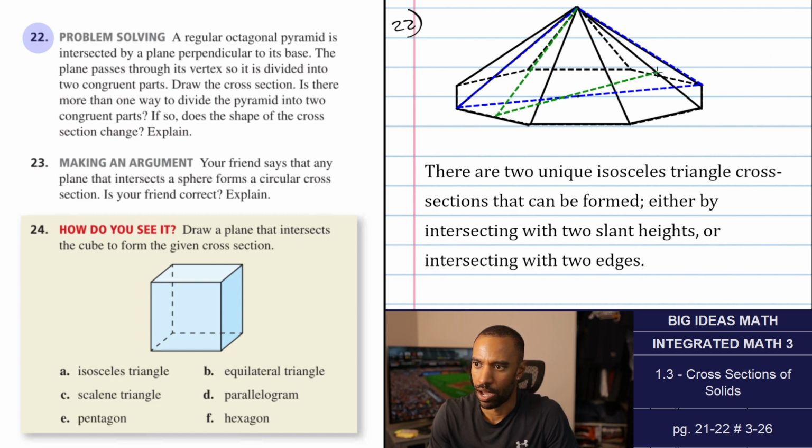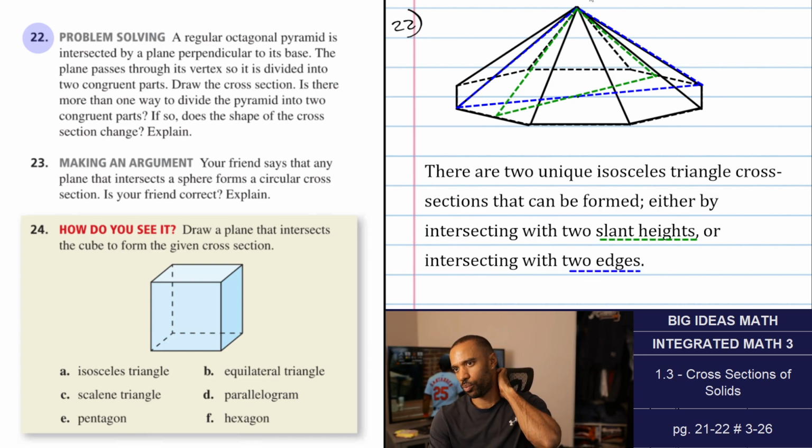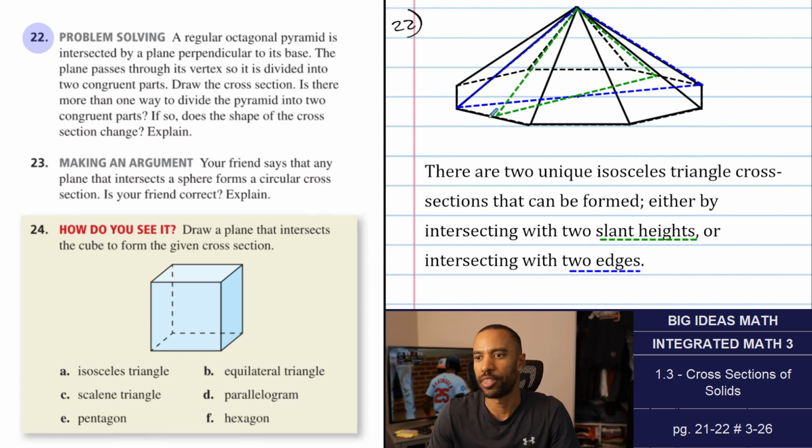So one is the slant heights, one is the edges. The green is the slant heights. The blue is down the edges, like that. And I did one, yeah. So I think those are the only two, really, that you can do with it. I mean, there are others, right? I can do it along other sorts of the form, right? There's an infinite number of ways, technically, but I think those are the ones that you want to really work